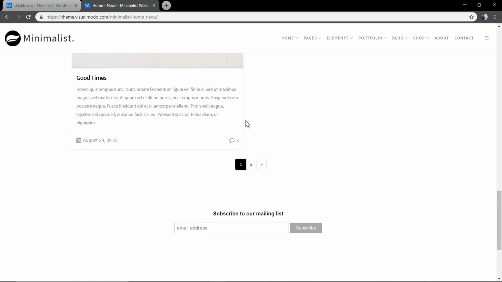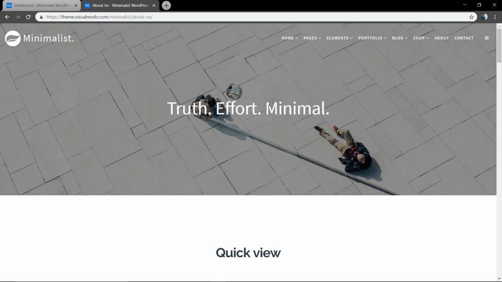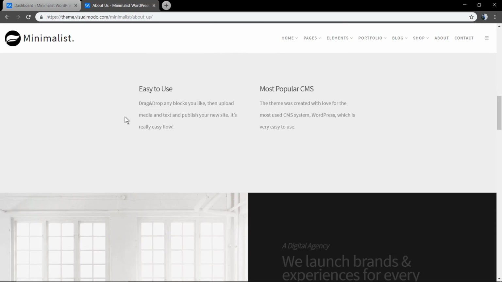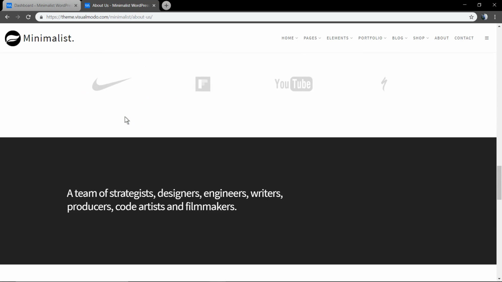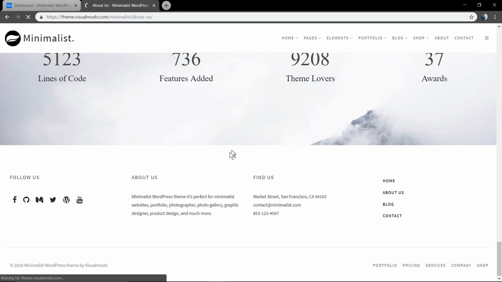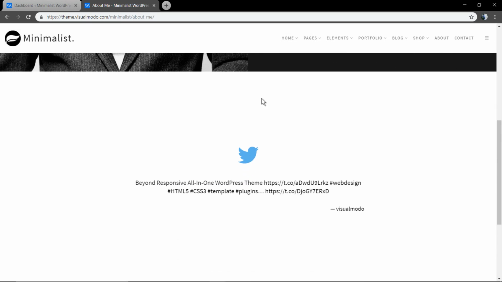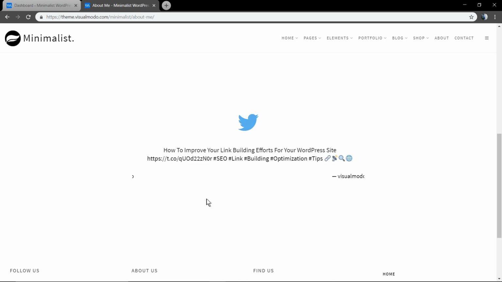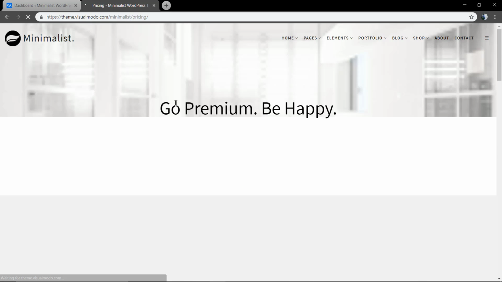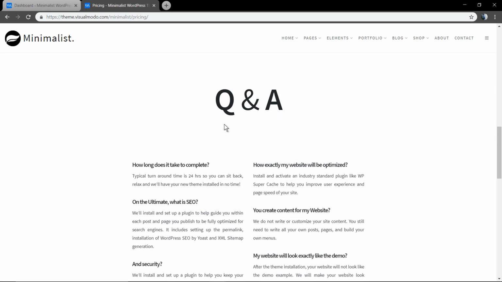Unlimited columns and elements usage. Overlay header, sticky header, auto-typed texts, team section to present your members, counter section, Twitter integration to present a Twitter slider, pricing elements to display your products,